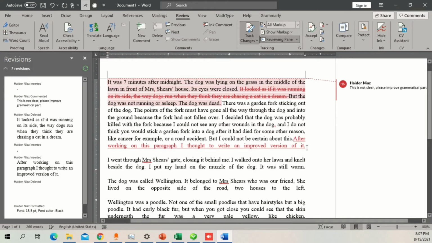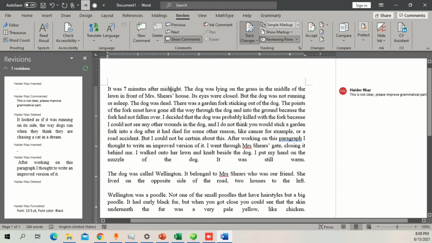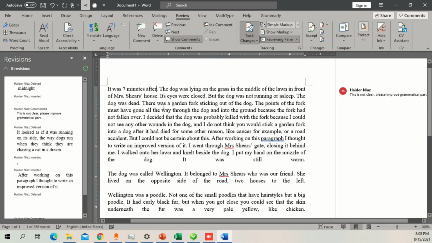So now you can see that these are marked as underlined, and you can see that these are changes that you made. Now one thing that you might sometimes find inappropriate is that you won't like seeing these things. So what you can do is you can still track changes and just click here and say simple markup. That means if you are removing this line, it won't show you right now, but it is actually marked